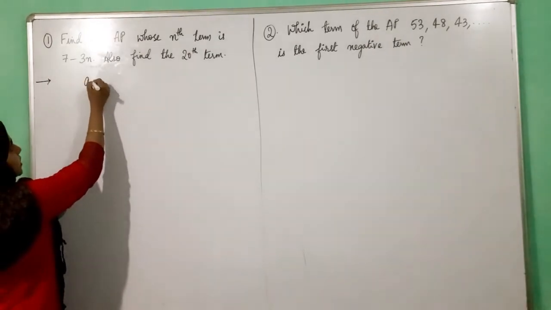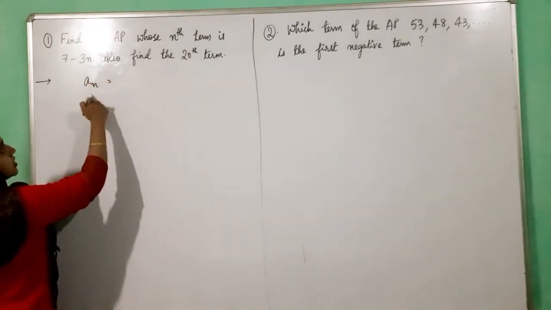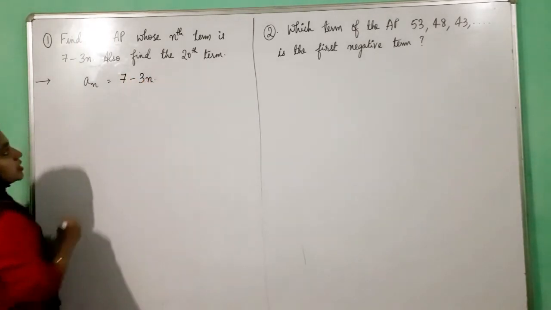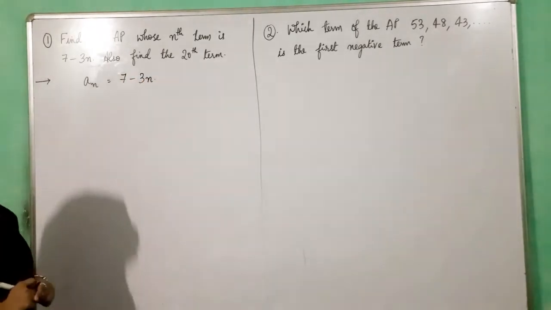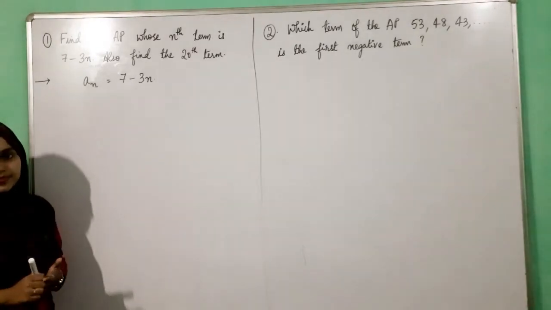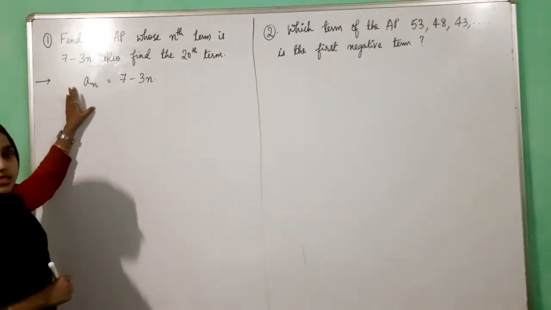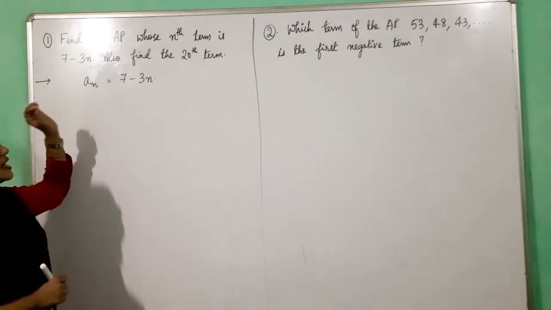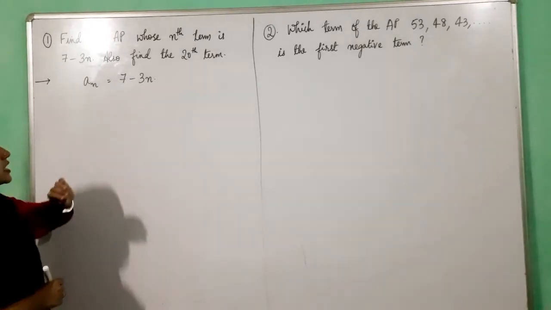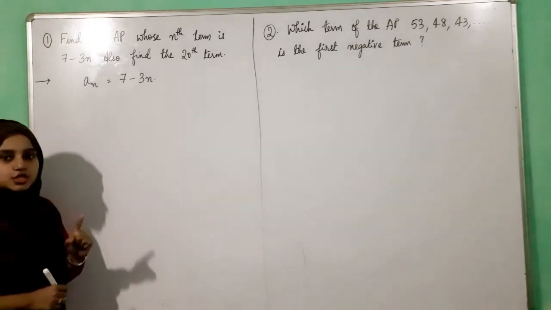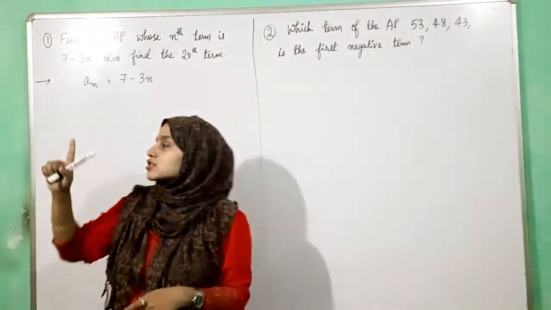So what is given to us? The nth term. So the nth term an is how much? 7 minus 3n. Okay, this is your clue. Using this we have to find the AP. So how do we do it? The nth term is given. So if the nth term is given to you, you can find the entire list. Okay, it is very easy. What you have to do? You have to just substitute some values in place of n.